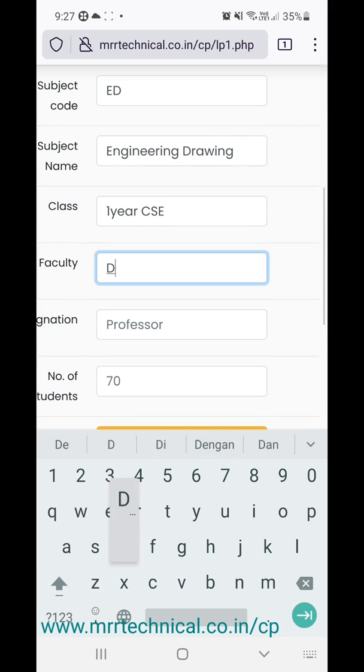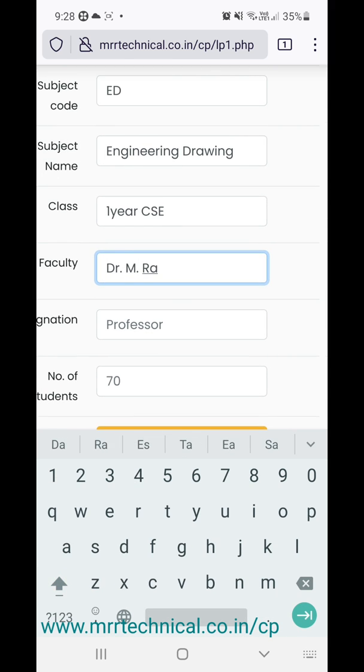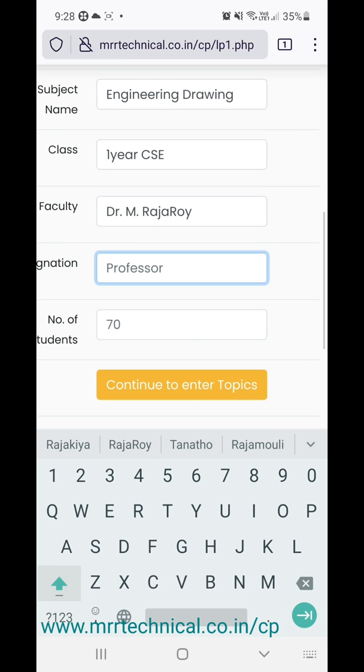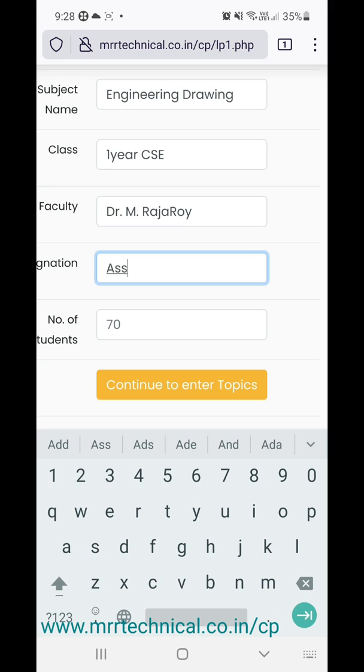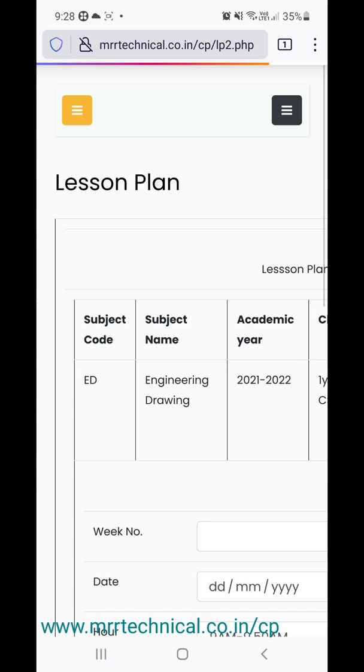Okay, name, my name only I'll enter, Dr. M. Raja Roy, Associate Professor, class strength 60. Continue entering the topics.